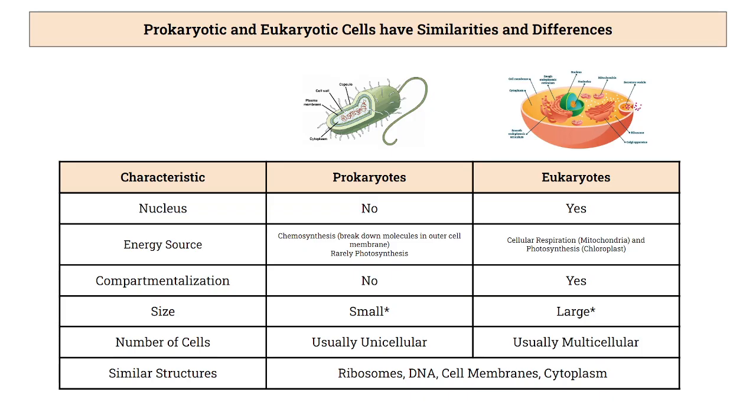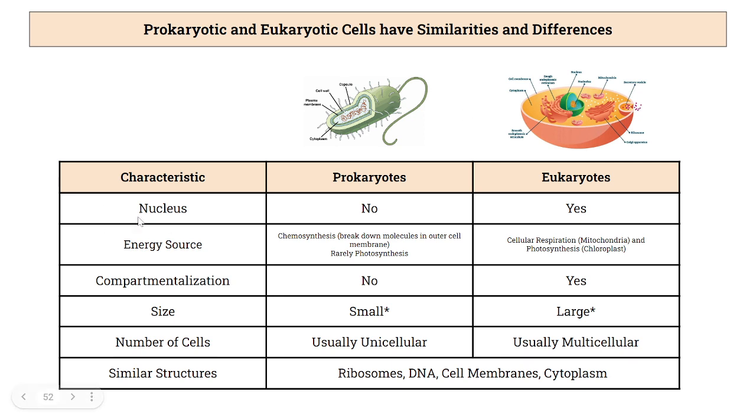So let's start at the beginning. There are two types of major cells that you are responsible for knowing in this class. We have the prokaryotic and the eukaryotic. So here's a nice table that organizes all the differences between them. I highly recommend you get this table down in your notes if you don't print it, because it does a really good job of summarizing. If we look at the prokaryote and eukaryote, we notice first that for the nucleus, eukaryotes have one, prokaryotes do not. Their DNA just free floats in the cytoplasm, while the eukaryotes have their DNA focused in that